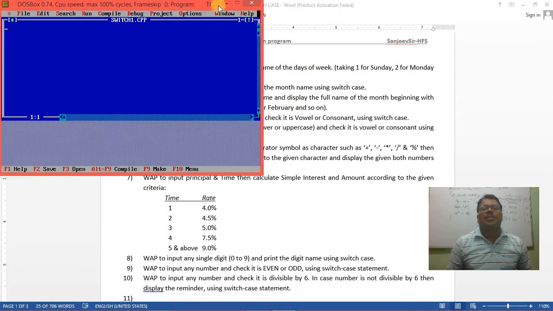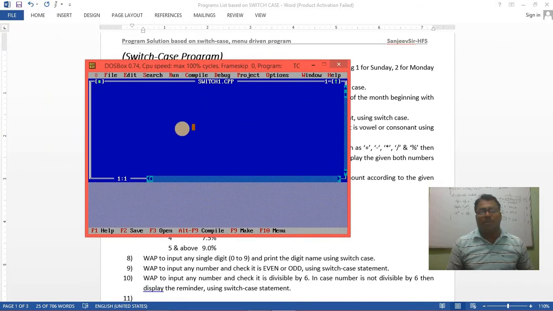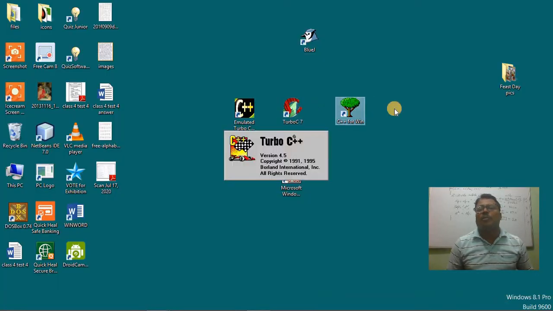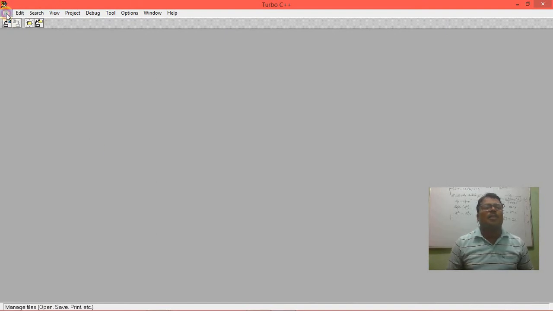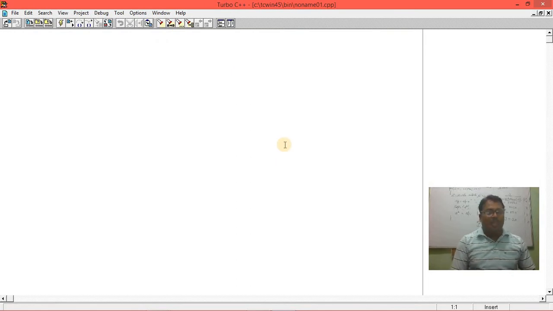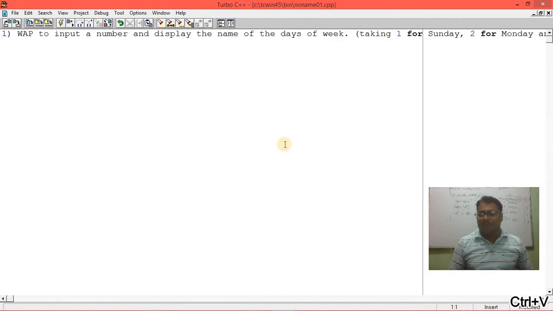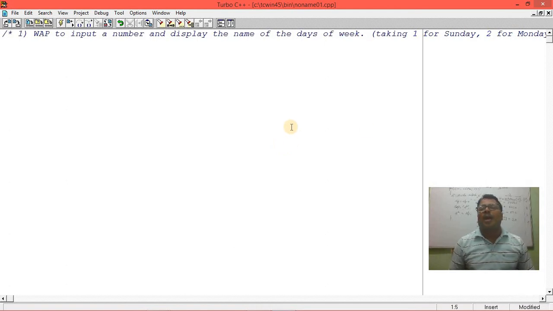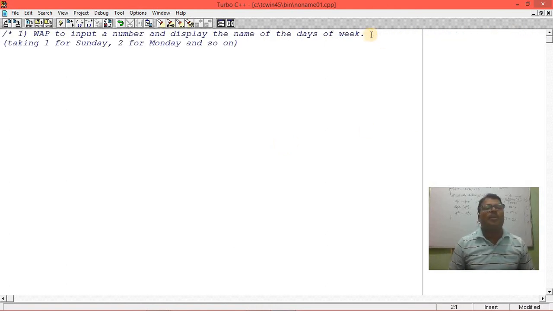In switch case in C++, we can do this in Turbo C++ or in a different C++ compiler also. It is better to open it in window form so that it is easier to understand and visualize properly. The question is given here as a comment, and this comment line will not execute.